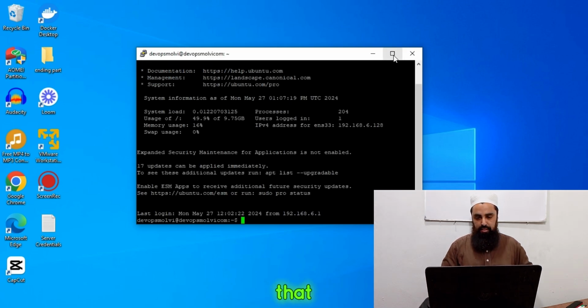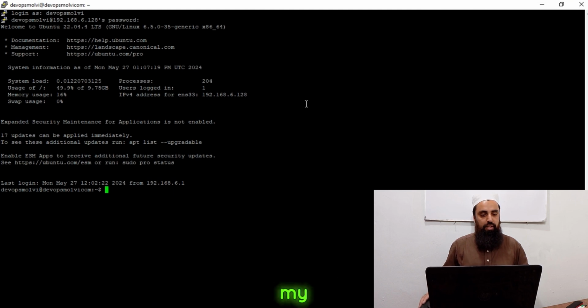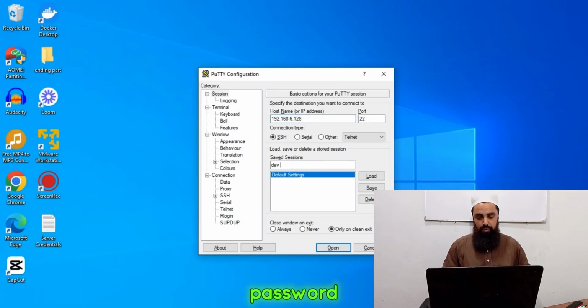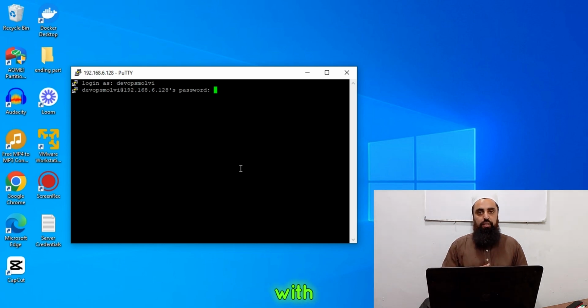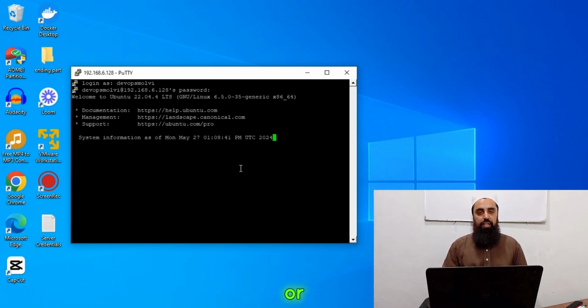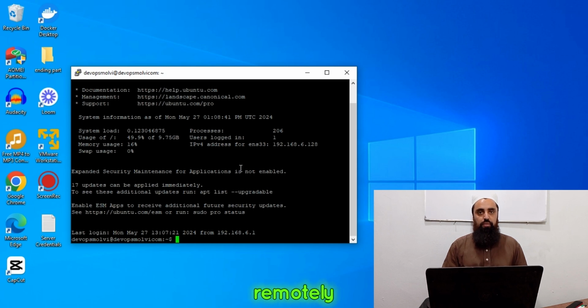Alright guys, you can see that I am connected with my virtual machine using the PuTTY client, and that's how we connect with remote servers. You can save these credentials in the PuTTY client as well. I will save the IP address, password. Let's say that this is my dev VM. Save it. So that's how we connect with our virtual machines or VMs or instances remotely with the help of